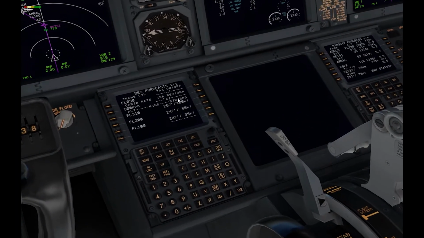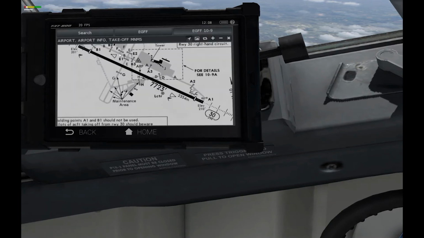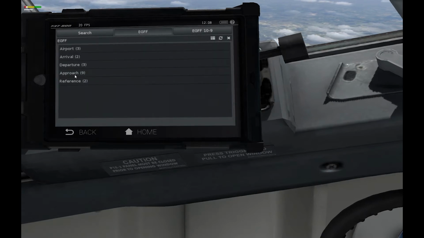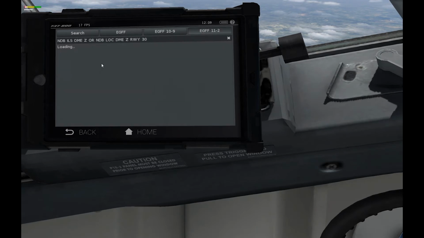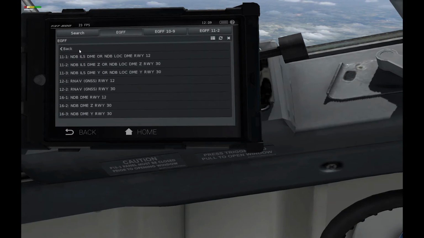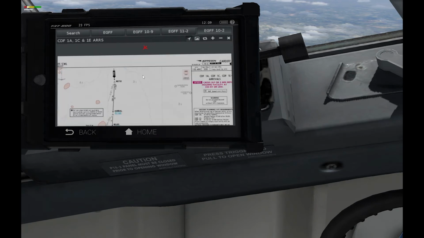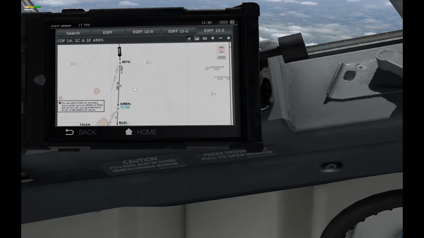So estimated approach speed. QNH would be good to know. There's 30. So there we are, just coming in off the side of the map there. We're going to follow this route down,